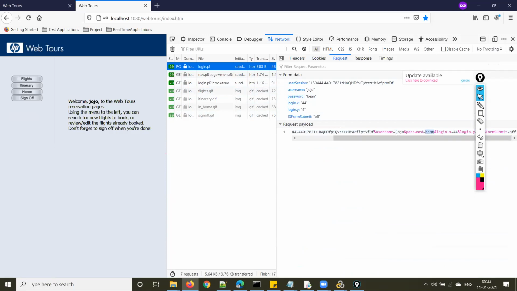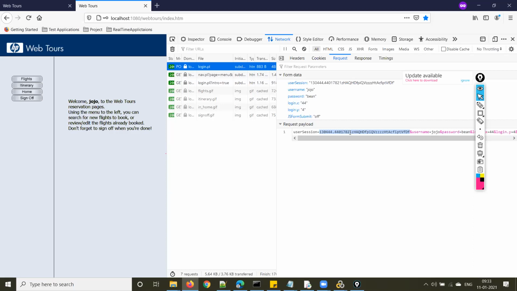and the password is Bean. Along with the username and password, one more value got submitted to the server, called user session. I'm copying this user session. We did not enter any value like this.